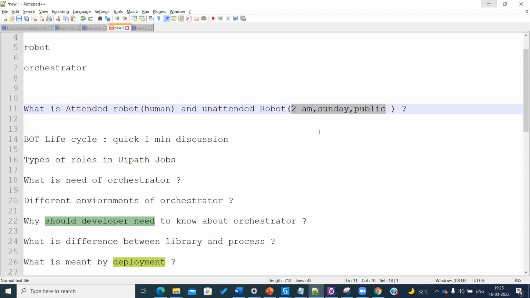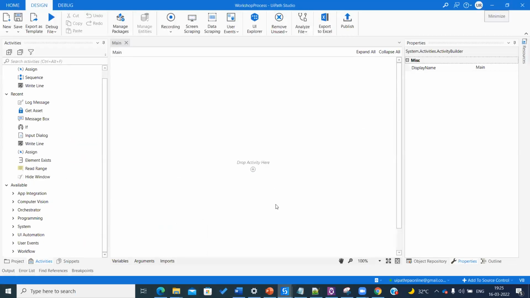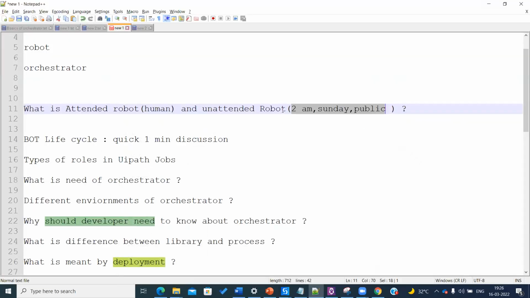But if you need some task to run automatically, what is the task? You would have developed that in UiPath Studio, right? You have done things like opening a browser, some RPA challenge, somebody would have taught you how to do those things. Now, if you want that task to happen without a human, that is called an unattended robot. That configuration I will show you in the next couple of minutes. But this is one of the commonly asked questions: attended versus unattended. Unattended means without human intervention, the robot will do the end-to-end action and complete the task.